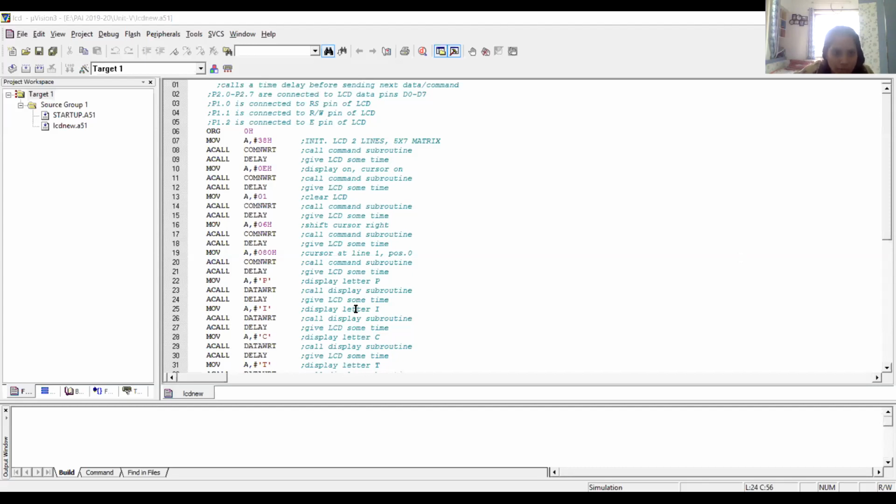This is what your actual program is. In this program you are sending some information for configuring the LCD panel, and on that LCD panel you want to display a particular thing. That is what your program is. That is what is expected in this assignment.